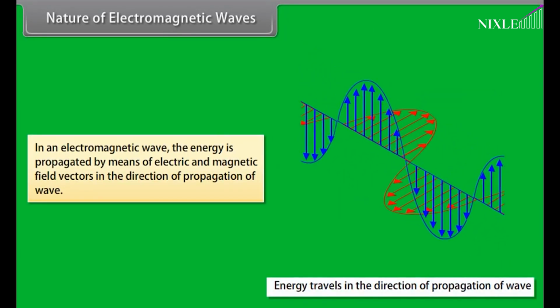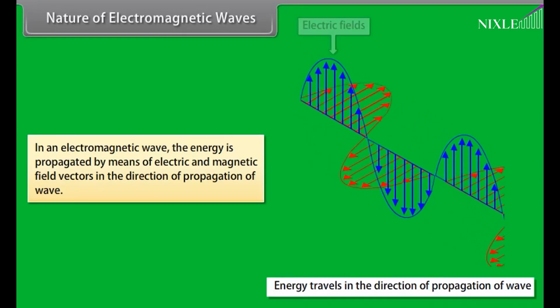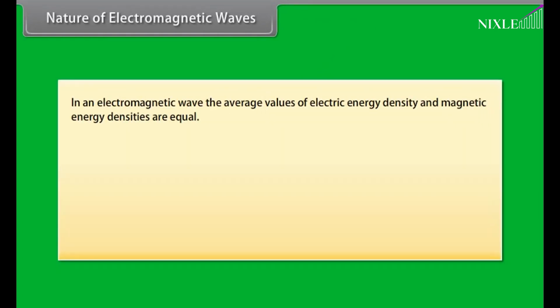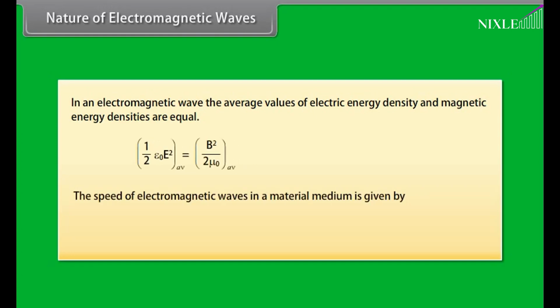In an electromagnetic wave, the energy is propagated by means of electric and magnetic field vectors in the direction of propagation of the wave. In an electromagnetic wave, the average values of electric energy density and magnetic energy density are equal. The speed of electromagnetic waves in a material medium is given by the relation v is equal to C upon